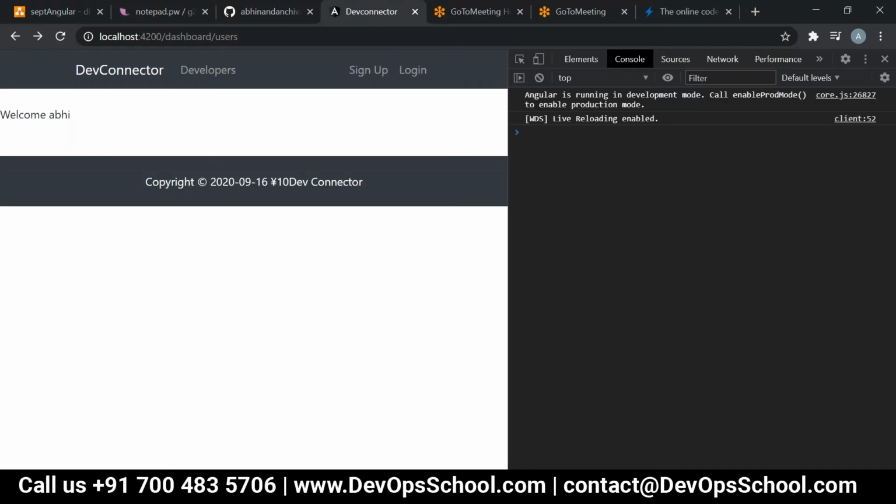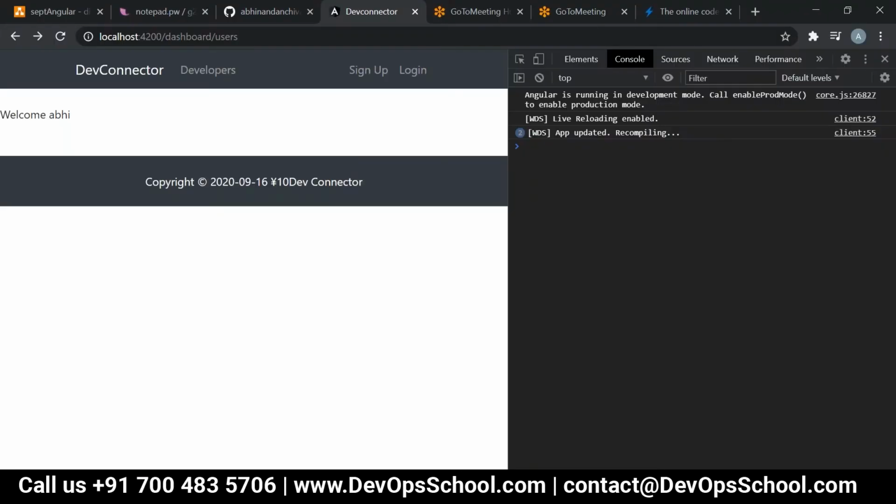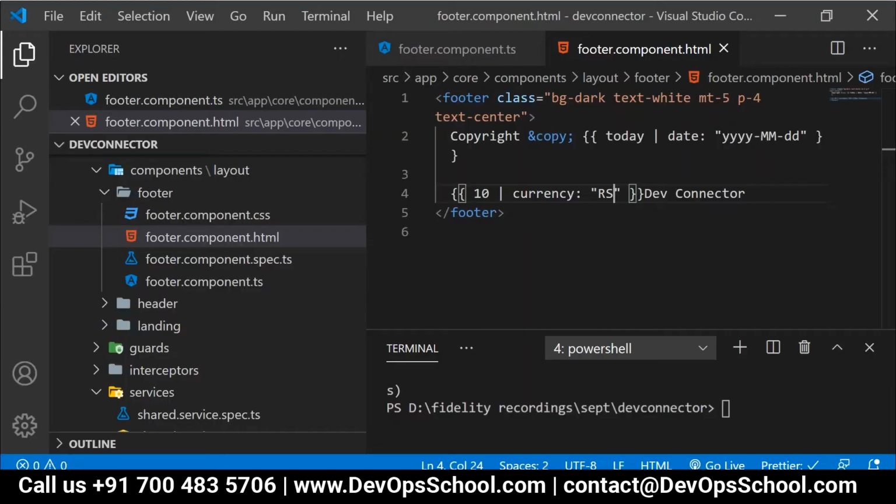People, is it showing Japanese yen, right? People, is it showing RS? That is for rupees, correct?